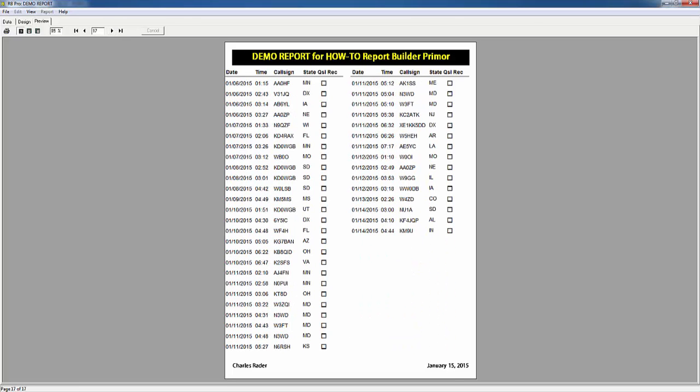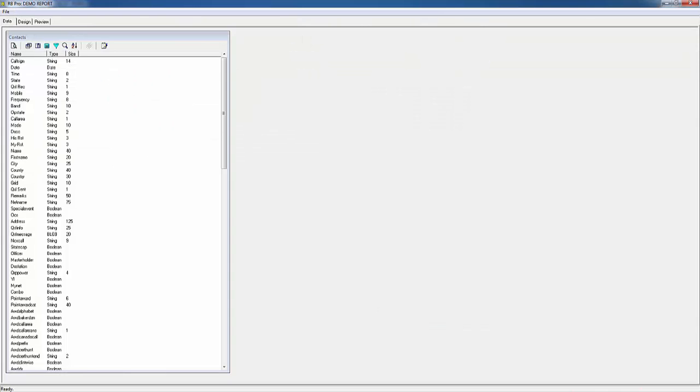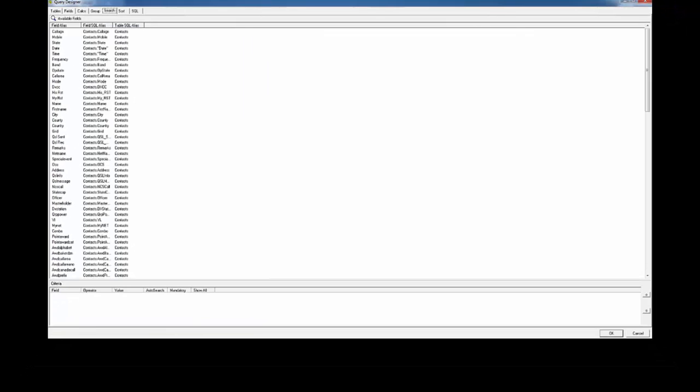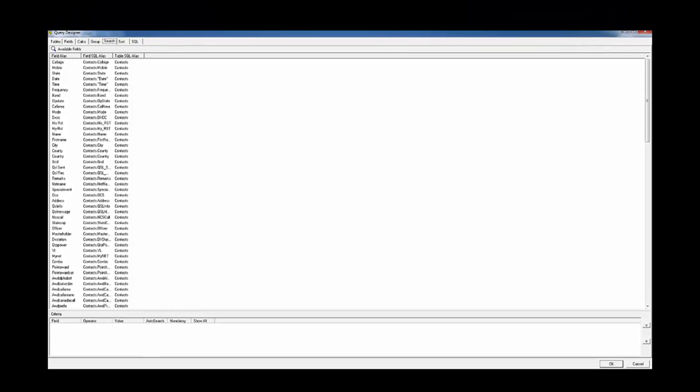Let's say I don't want to see the not received contacts. In order to do that, we have to go back over here to data. You see the search icon, the magnifying glass? So we'll click on it. And then this is a list of fields, and there's no search criteria here. So we want to search by QSL received. There's that field. We double click it,